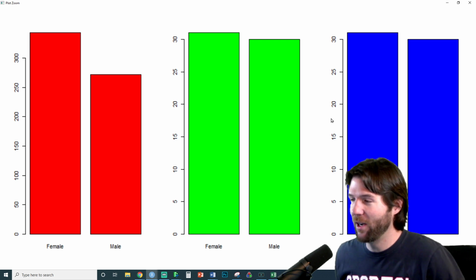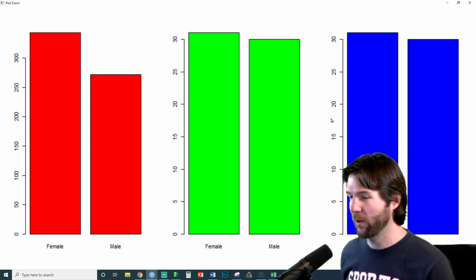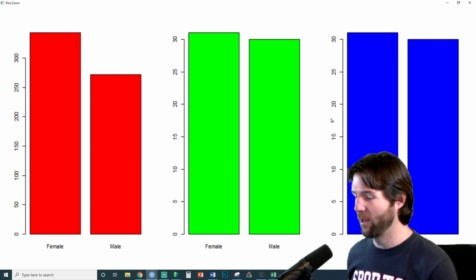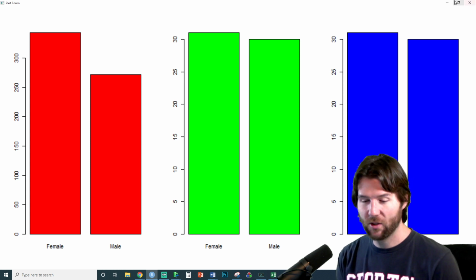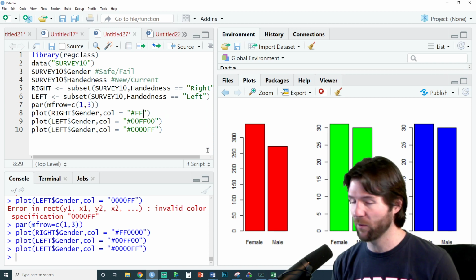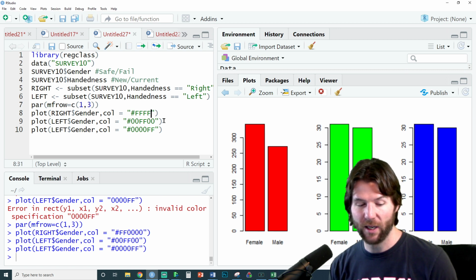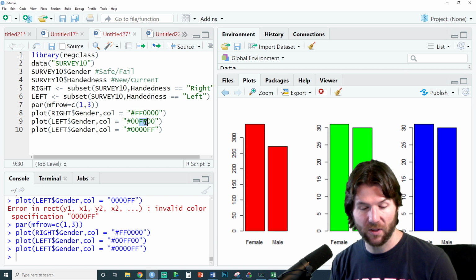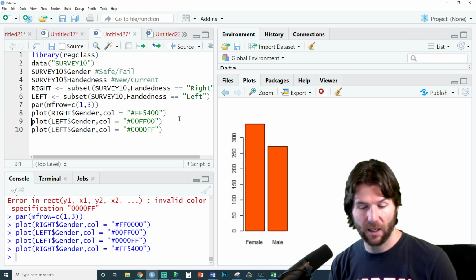I know. So what I did, I used hexadecimal color coding right here. If you're wondering how I got this, this is hexadecimal color coding, so you can choose your color more finely using this, because there's actually 16 combinations of red, 16 combinations of green, and 16 combinations of blue. Does everyone see how I had FF0000? This is saying for this first one completely red. This is saying for the second one completely green, and this is saying for the next one completely blue. So you could turn up the green here a little bit and do this, or there we go, there's that color.